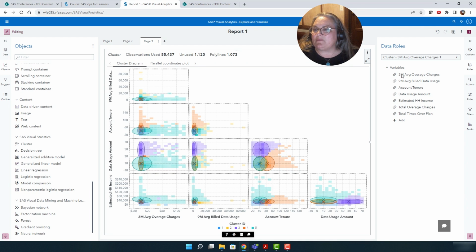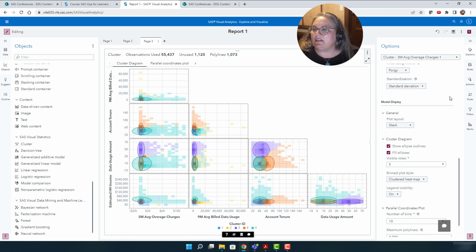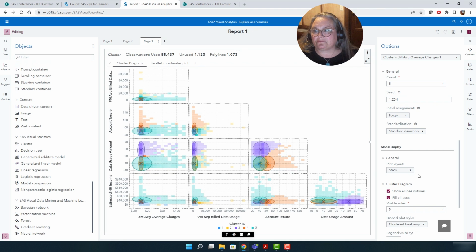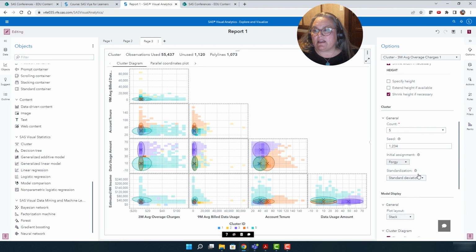We have some options if you're interested. You can change the number of bins. We can change the number of clusters. I'm going to go ahead and leave them as is. The initial assignment is through 4G.